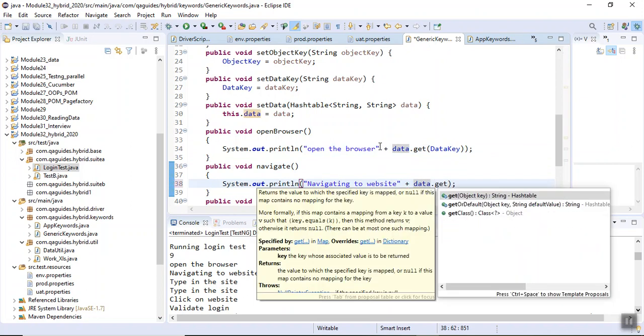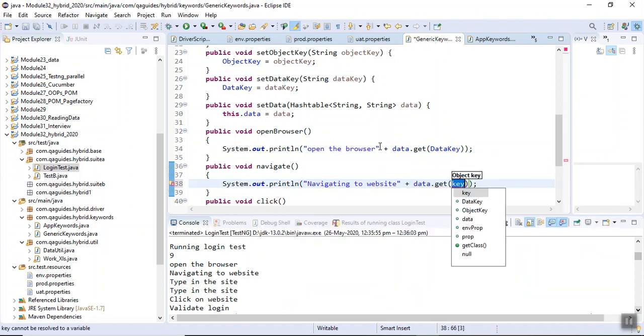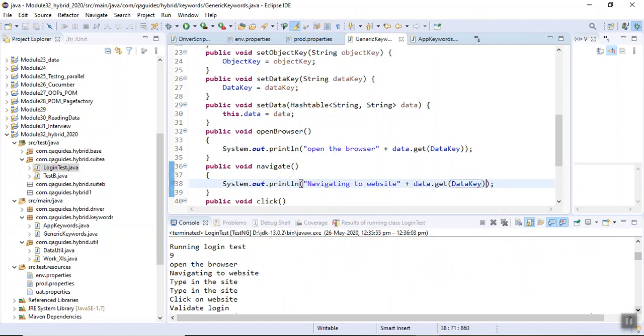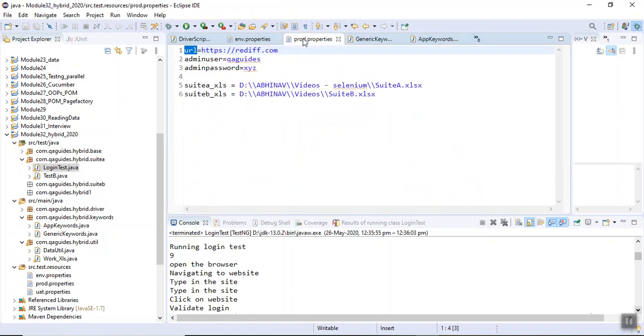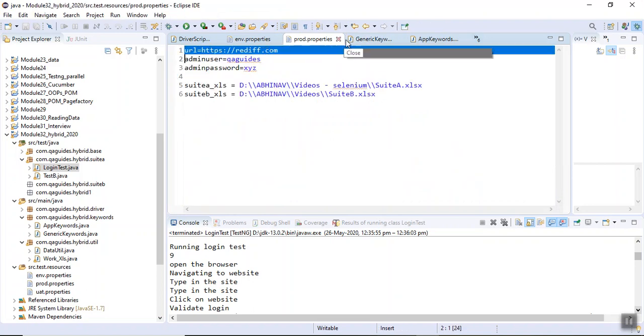Not correct. Just a second, let me see. URL name is in our property files. Remember, URL name we have given in our property files. Okay, got this thing.